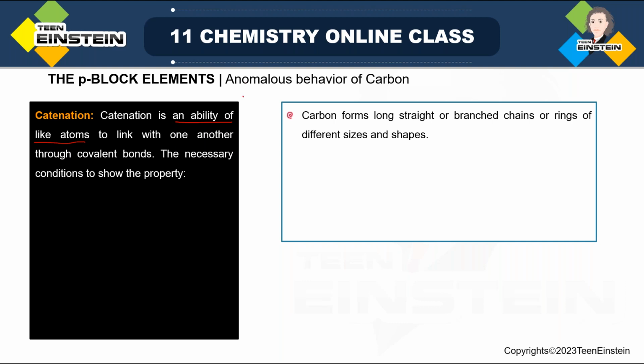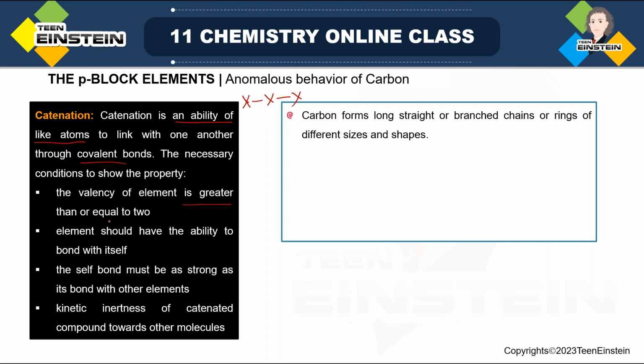So suppose the atom is X. It will link with another X like this. So like atoms, that is the same atoms, link with one another, and it is obviously through covalent bonds. Now, when can we expect the catenation property? What are the necessary conditions to show this property? So these are: